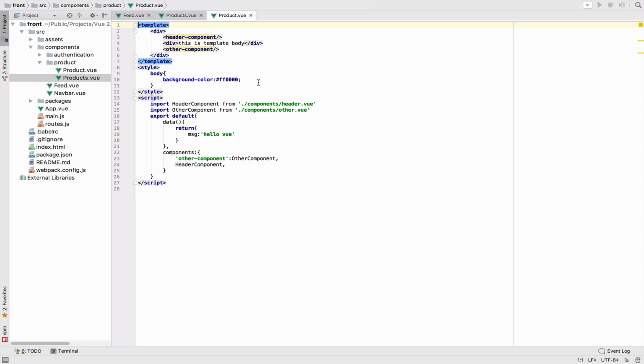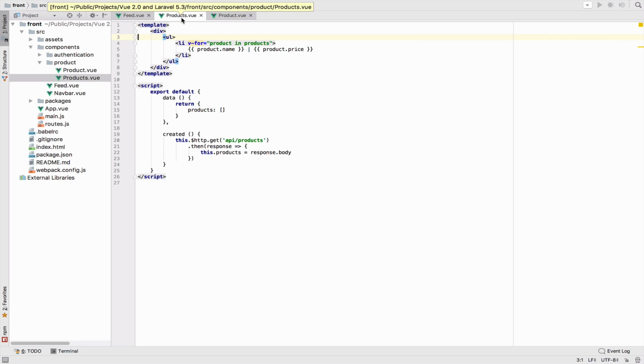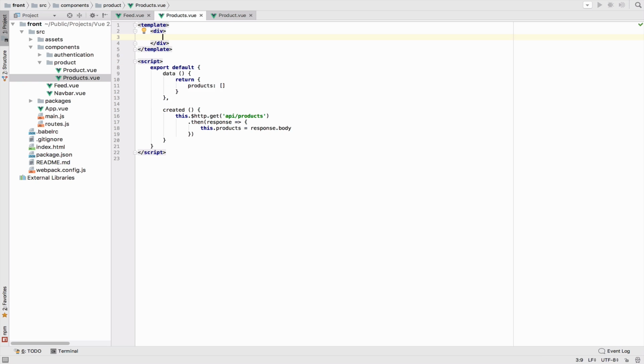So to make this more clear, let's work with this product component. As I said, I want to loop through each product using a component, which is our product component, instead of this li here, this list item. So let's work with the code that we would like to have and build it as we continue. So I will completely delete this and use the product component instead. So something like this, for example,